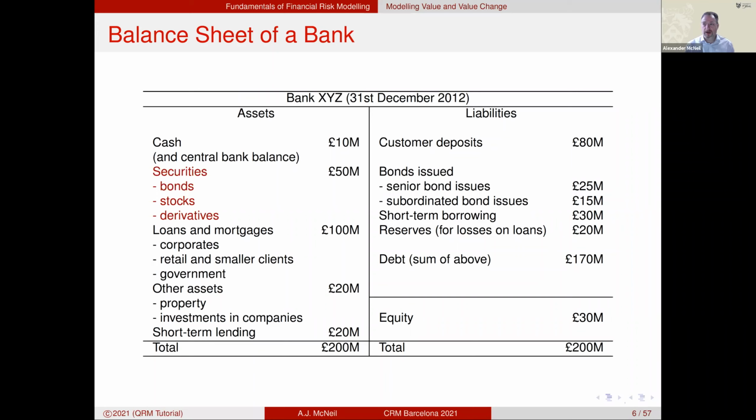So the book starts with a grossly simplified balance sheet of a bank as well as one of an insurance company. And today I'm interested in the trading book, which is basically the red bit of this simple balance sheet. So you know that a bank, for example, the fictitious bank XYZ, like any company, has a balance sheet with assets and liabilities. Banks, of course, are taking in, well, not all banks, but sort of high street banks are taking in customer deposits.